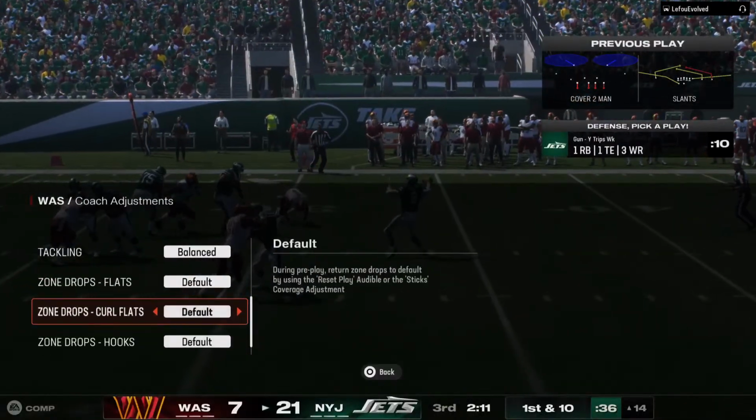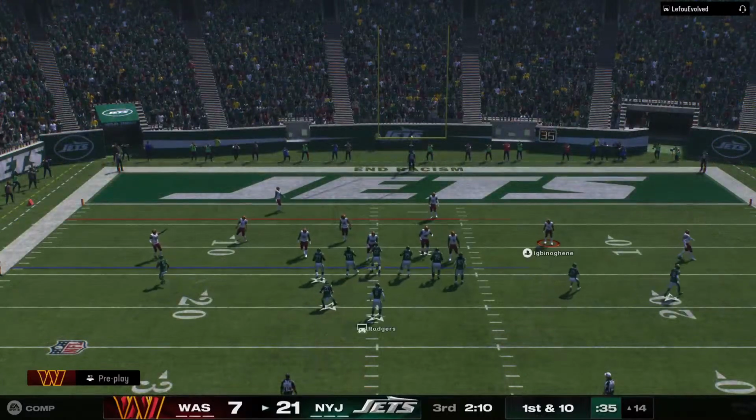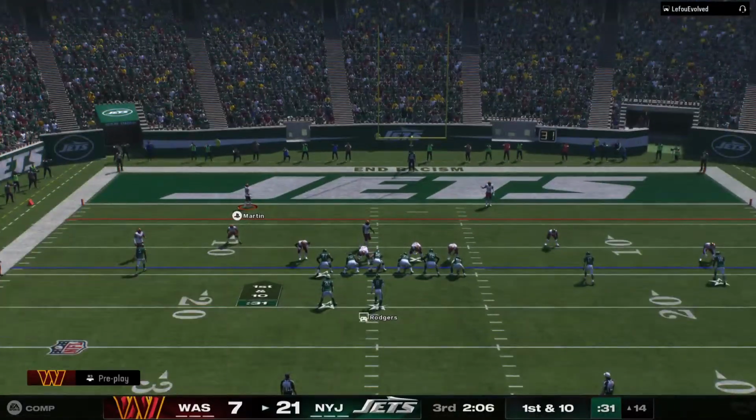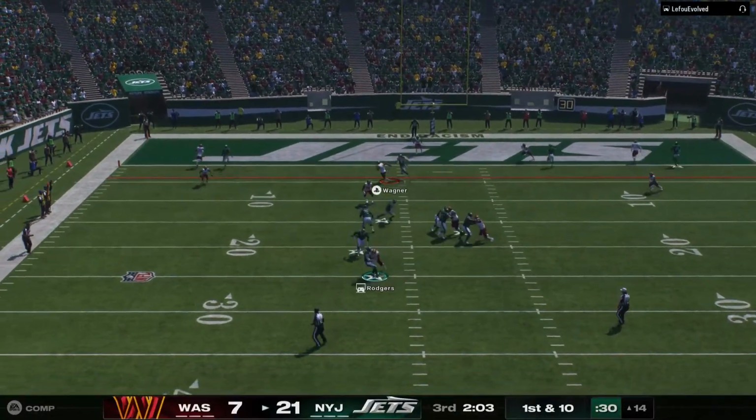Whatever the discussions were at halftime to try to slow down this offense, it has not worked to this point. Yeah, I have a vision right now of everything that was discussed at the half just being torn in shreds or being erased off of the Microsoft Surface tablets because...